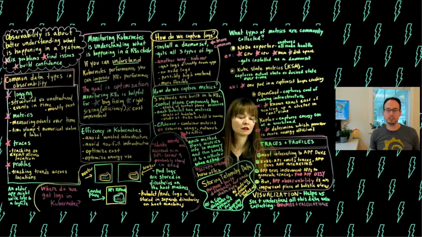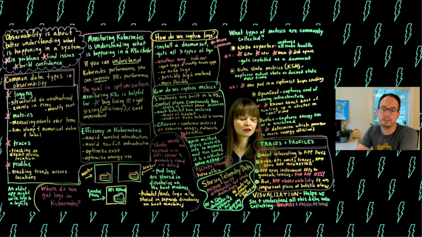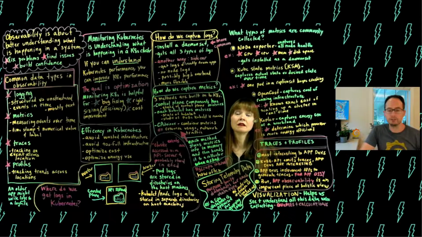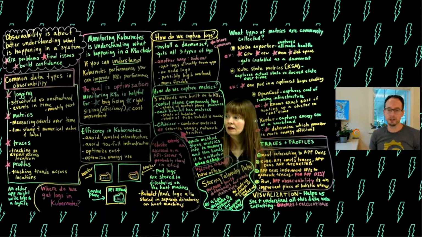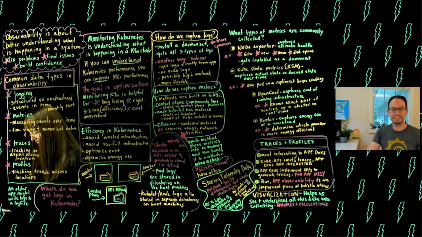And so the visualization layer is obviously a very important part because it helps us actually turn all of this information into something that people look at and go, I get what's going on. There are pre-made dashboards out there for Kubernetes monitoring that really help with a lot of this. The part of Grafana Labs where I work is all about monitoring Kubernetes clusters, and so we've got tons of resources for that too. So if you want to learn more about that, you can find me and ask me, and I'd be happy to keep going more than an hour and a half on this sort of topic.